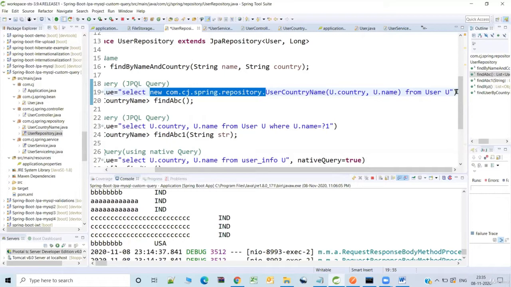And here I did not use any where clause. Basically, I want to select all the objects of this entity class which are existing in the underlying DB table.